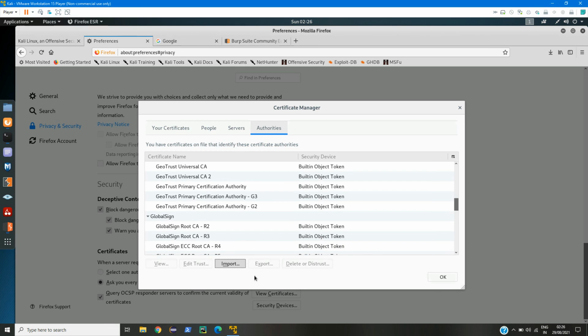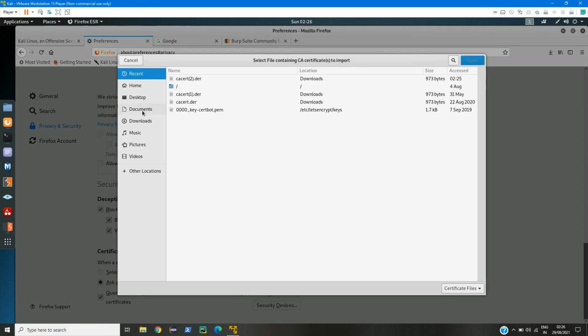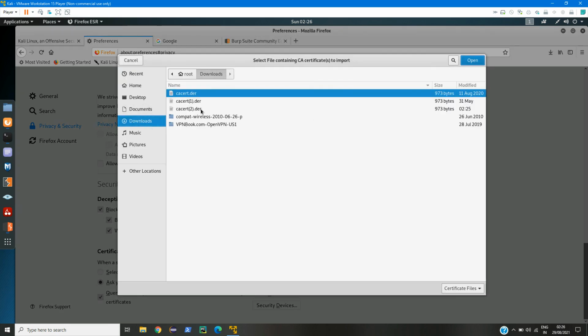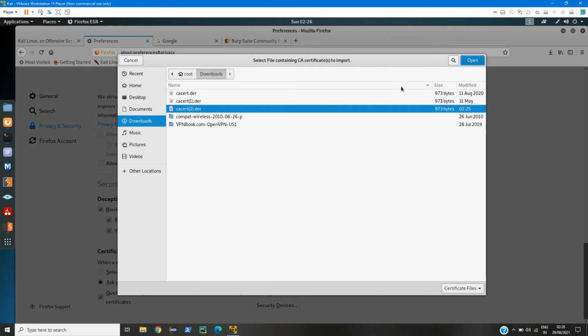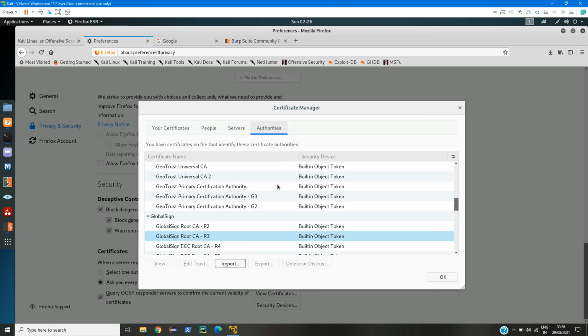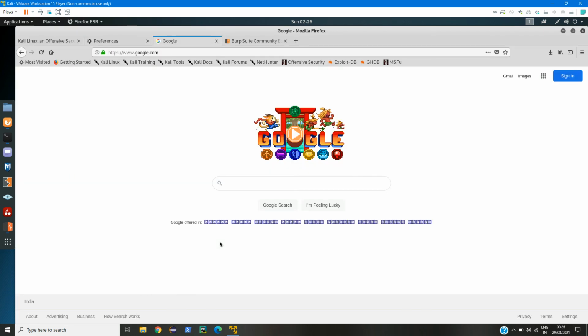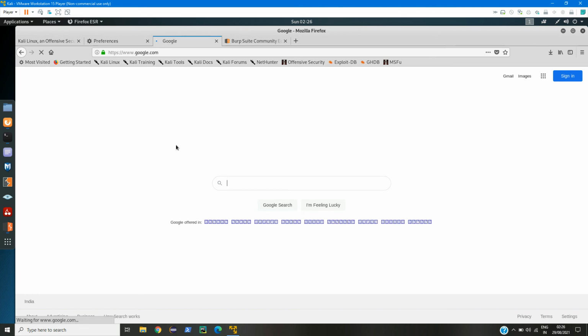Just click on import, and from here select the certificate which we have currently downloaded. So in my case, I have already uploaded this certificate, so that's why I am able to access the HTTPS website as well. But in your case, you need to upload this certificate.